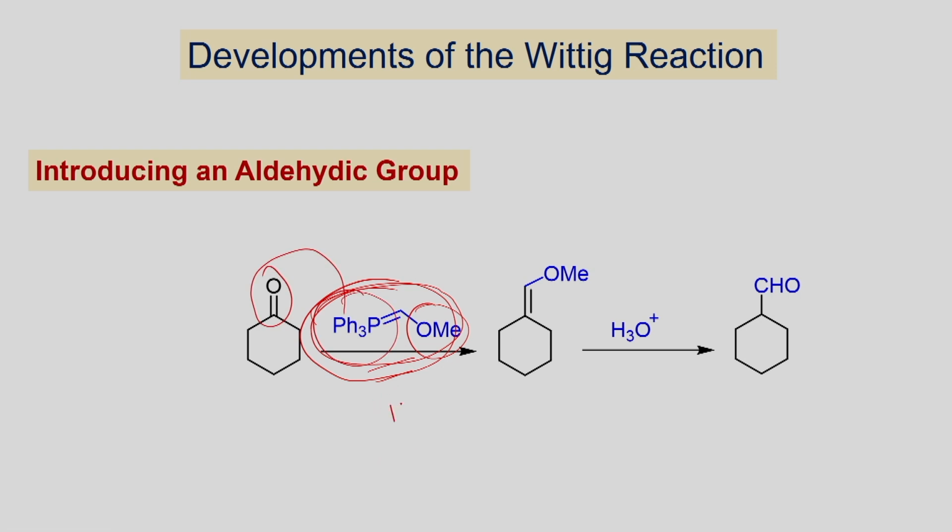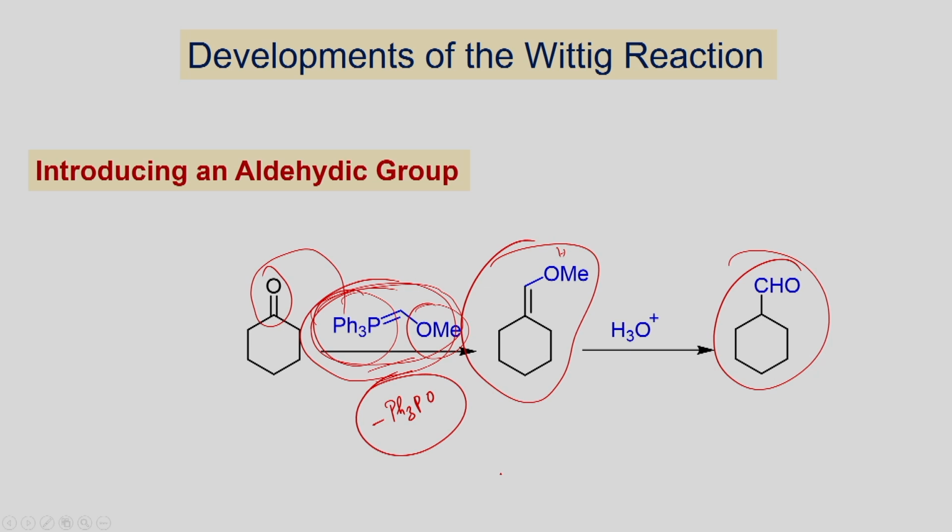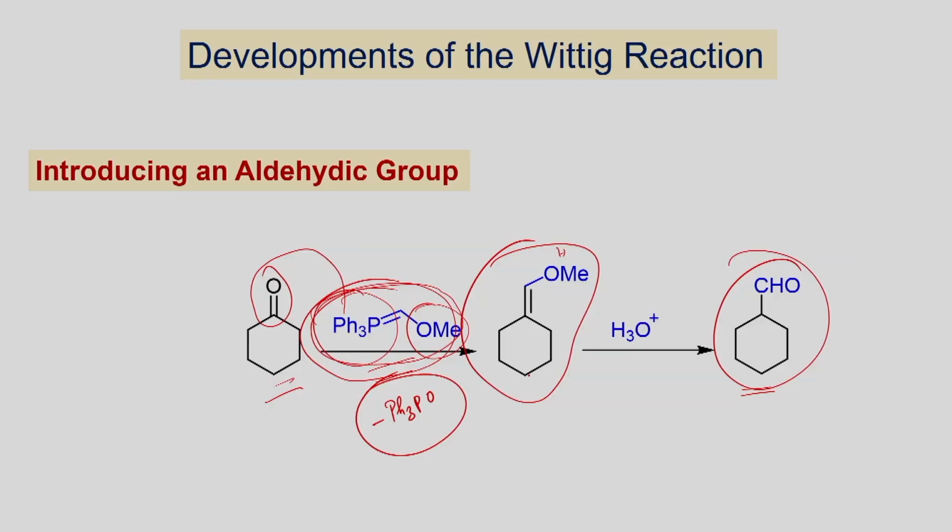You will be able to form this vinyl ether as a product. Once you form this one, when you do the hydrolysis, you can convert it into aldehyde as the product. So if you want to convert a ketone, for example cyclohexanone, to cyclohexane aldehyde, you can react with this ylide, which can be easily formed